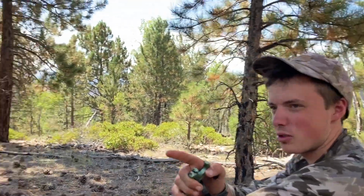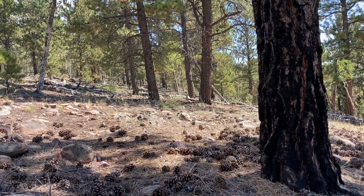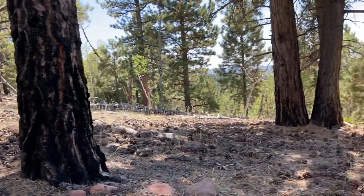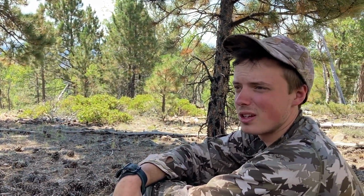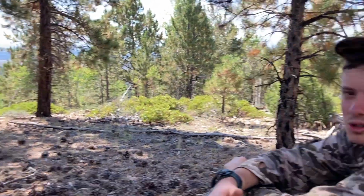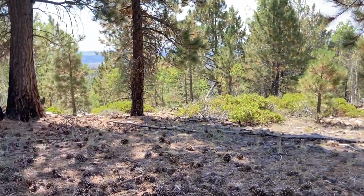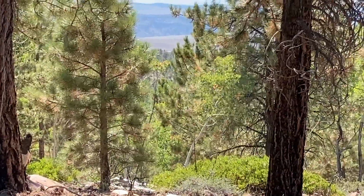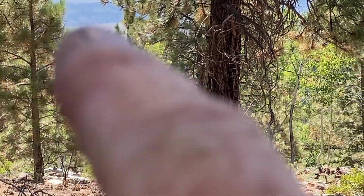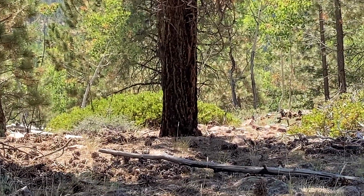But anyway, what we're gonna do is keep hiking up this ridge. If we get up there, we'll see if we can look down at the last spot where we saw them, where they went into some trees, and see if they're bedded there. The wind isn't super awesome, but we're so far away, hopefully it'll be alright. See where we were this morning. You can barely see it. It's clear down through there. So I point my finger down there. You can hardly notice, but